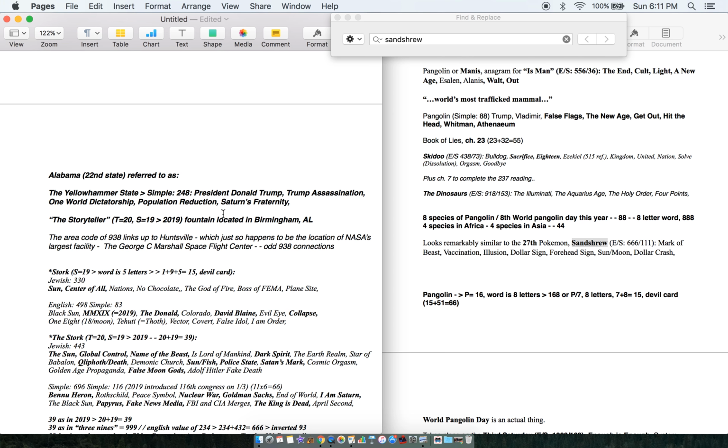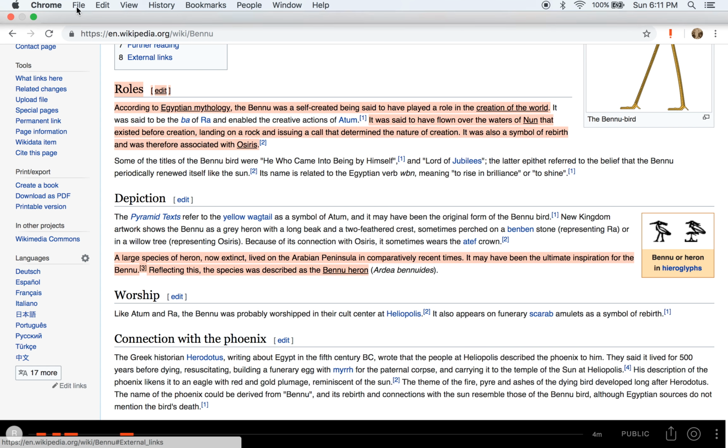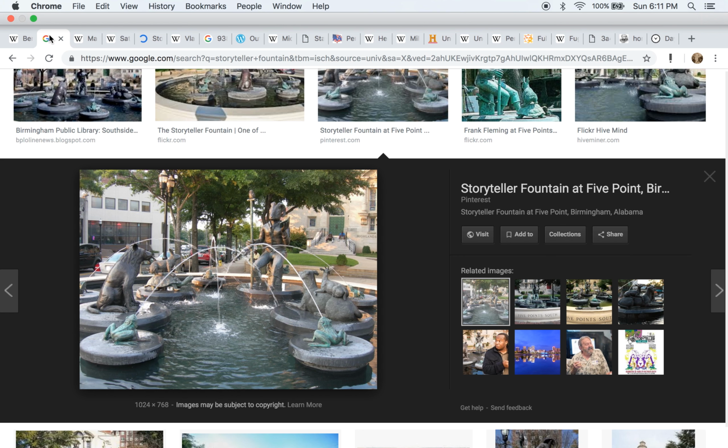Let's go to Alabama for a minute. 22nd state, known as the Yellowhammer State. And you can see that coding there. President Donald Trump and Trump assassination next to one world dictatorship. Now, there's some interesting things I want to talk about with Alabama, but I did find this worth mentioning since